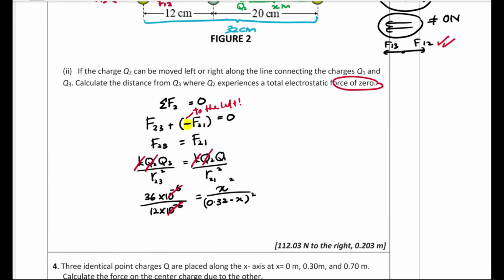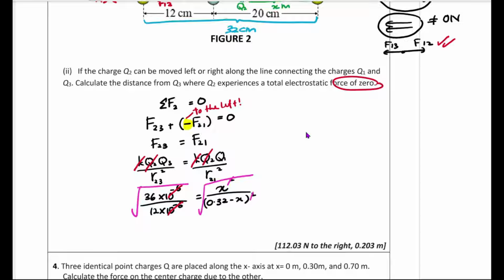Okay. Alright. So, here the trick is, make sure you take the square root for both sides. Ini, okay, jap. Quadratic equation ni, you jangan open the bracket. Okay, kalau you open, nanti you expand, dia akan jadi lebih panjang. So, in order to cancel or to eliminate the square here, we square root both sides. Okay, we square root both sides here. Then now you can eliminate the square. Okay, so